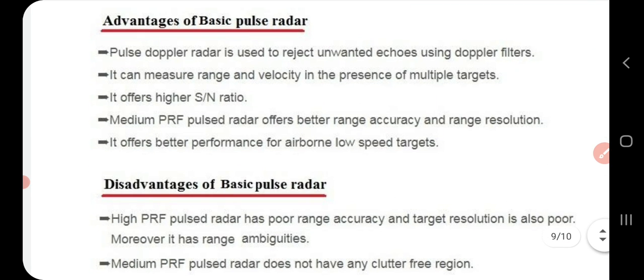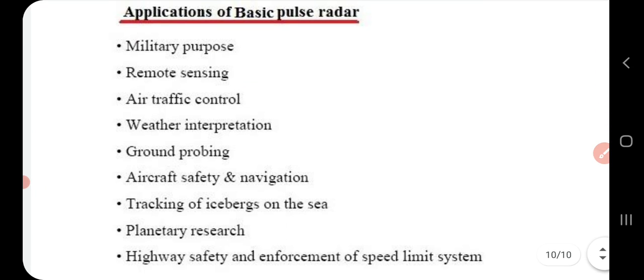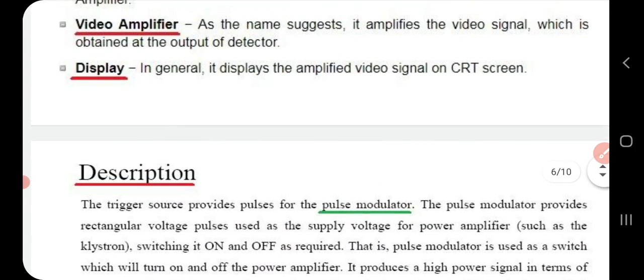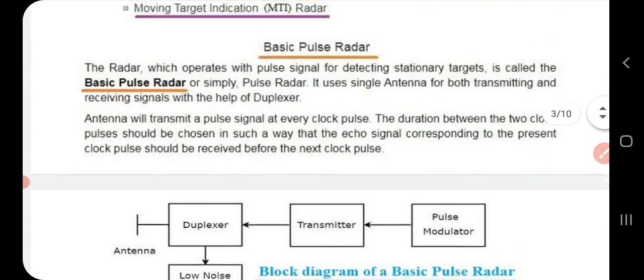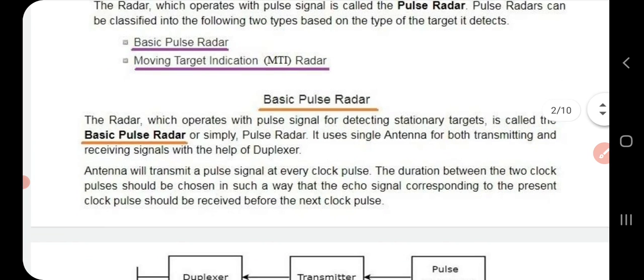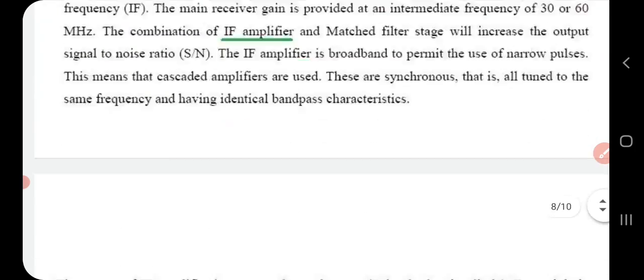Now these are a few advantages and disadvantages of basic pulse radar that you can go through, and these are some of its applications. Okay, so with this we have come to the end of this session, a half session of pulse radar. Today we have discussed one classification that comes under pulse radar, which is basic pulse radar. We have discussed its definition, its block diagram, functions of each block, and a brief description of its working, then its